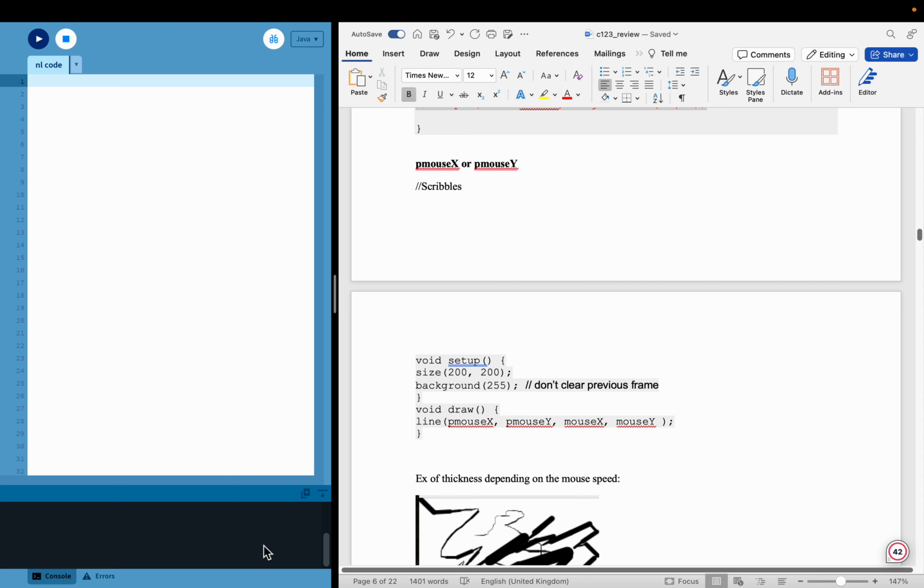We also have a similar function like mouseX and mouseY, and it is called pmouseX and pmouseY. P as a prefix represents the previous mouse location. In this example, we will use mouseX, mouseY and the pmouseX, pmouseY